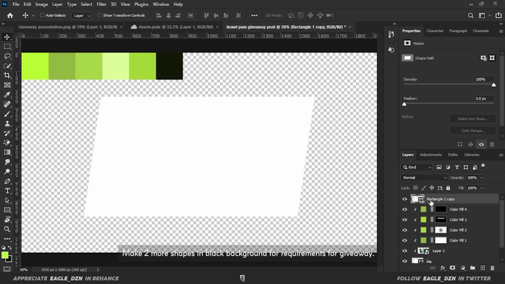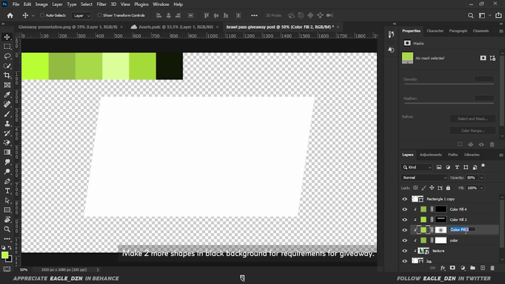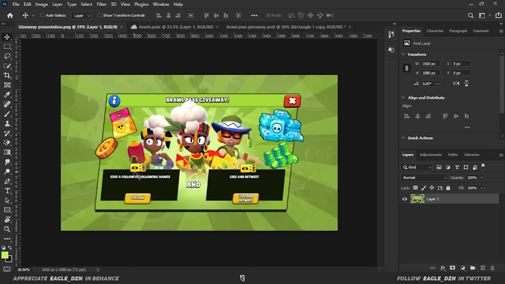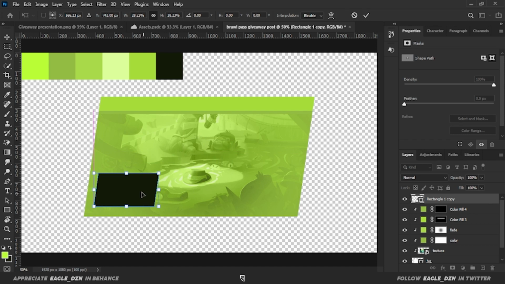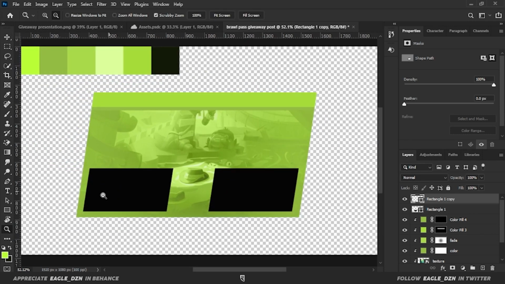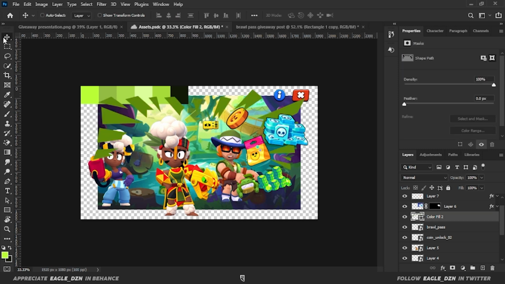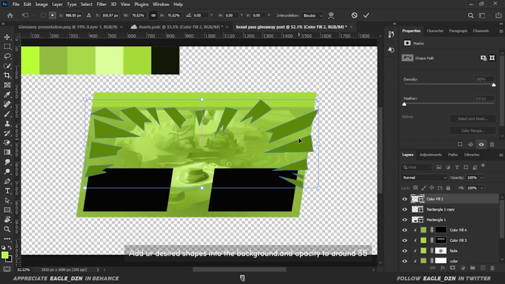Make 2 more shapes in the black background for the giveaway requirements. Add your desired shapes into the background dot and set opacity to around 35.